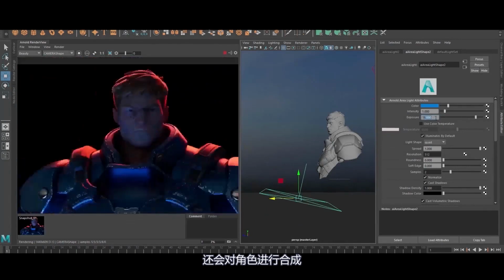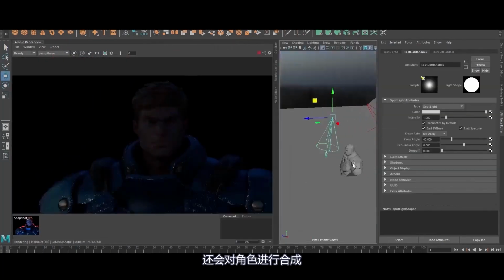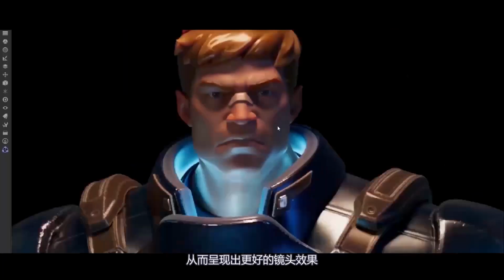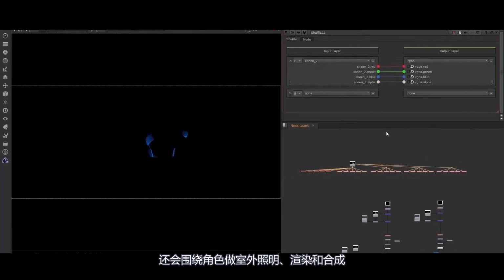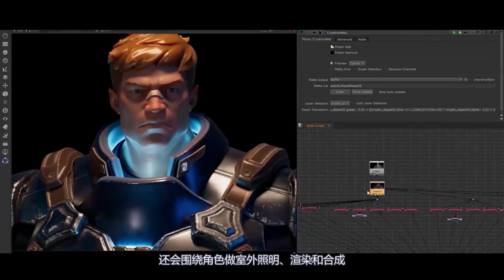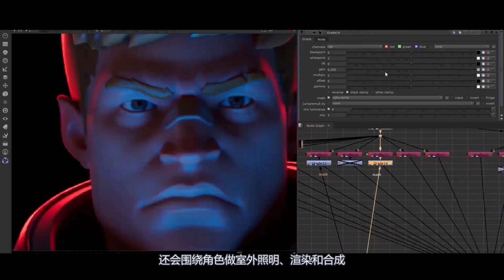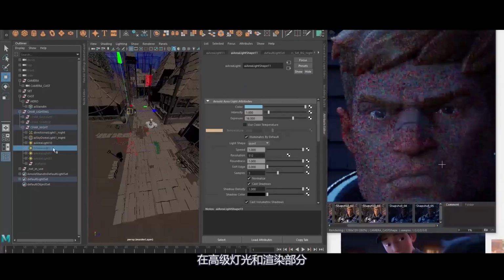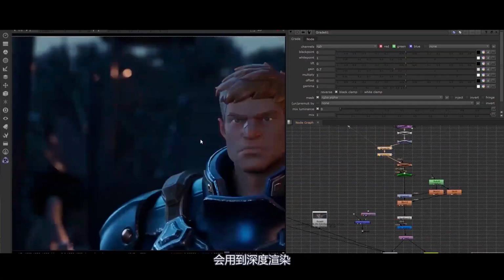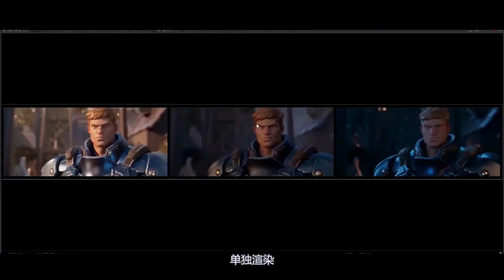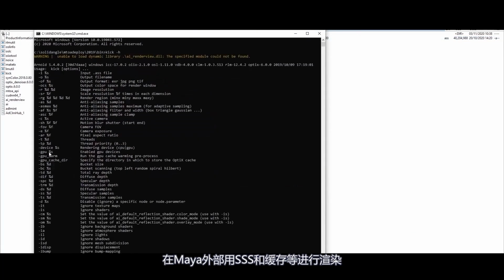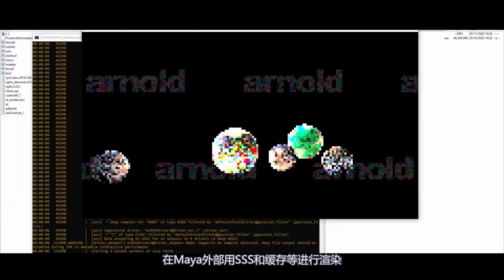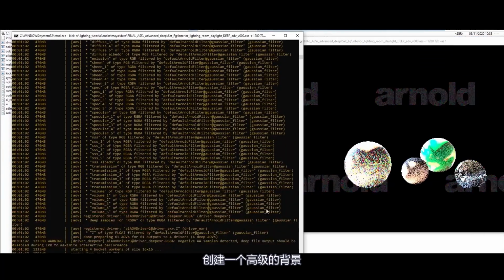We're gonna do some compositing work also on our character to achieve some really nice images, and obviously an exterior lighting, rendering, and compositing with our character as well. In the advanced lighting and rendering session, we're gonna use some deep render, standalone rendering outside of Maya using ASS files and caches and stuff like this, and building up a nice advanced